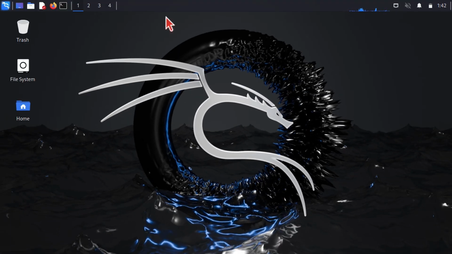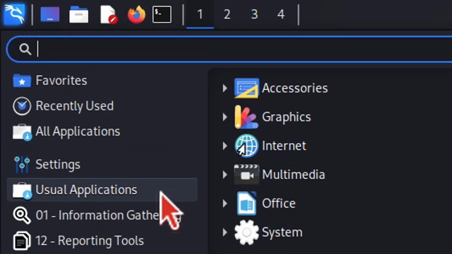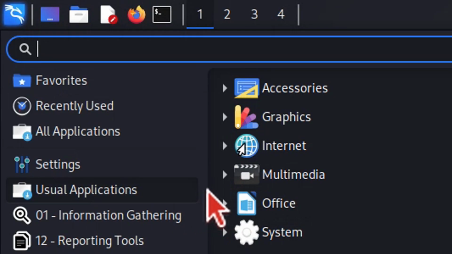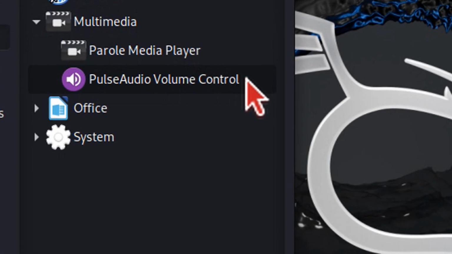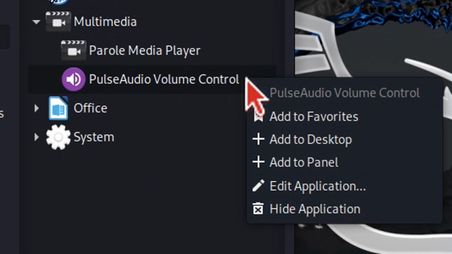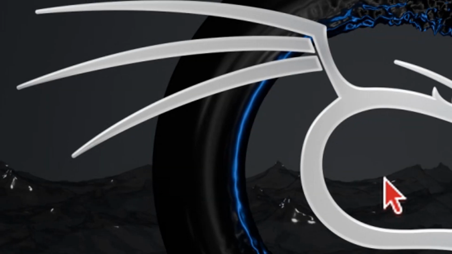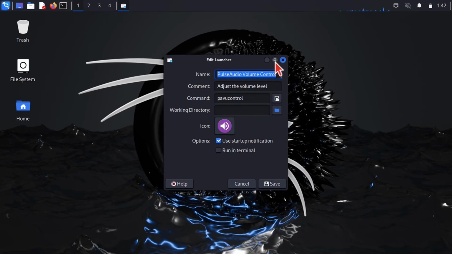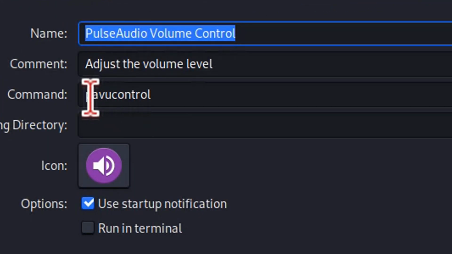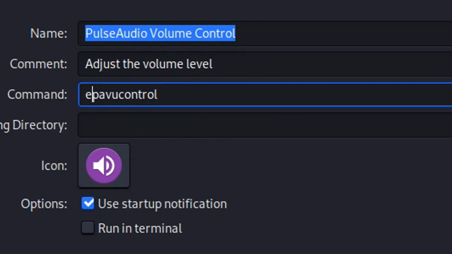Next, we will fix Pulse Audio Volume Control, and then we will replace the broken volume control from the top panel with Pulse Audio Volume Control. To fix Pulse Audio Volume Control, we can go to the menu, and under Usual Applications, in the Multimedia category, we can right-click on Pulse Audio Volume Control, and select Edit Application. After that, we can make the Edit Launcher window full screen, and then we can prefix the already existing command with env space in all capital letters XDG_RUNTIME_DIR